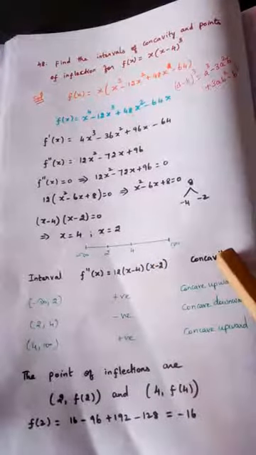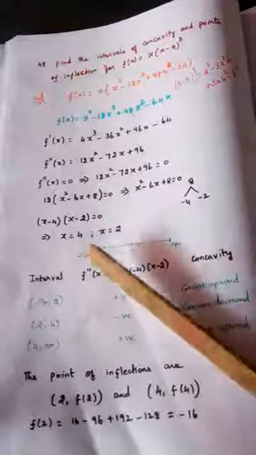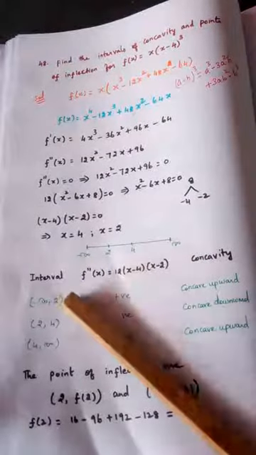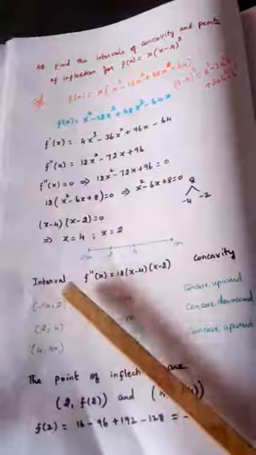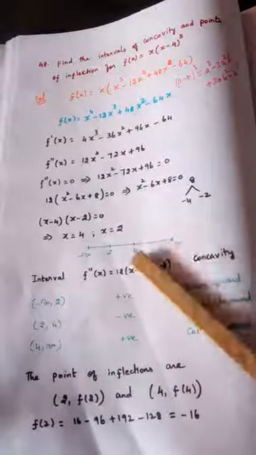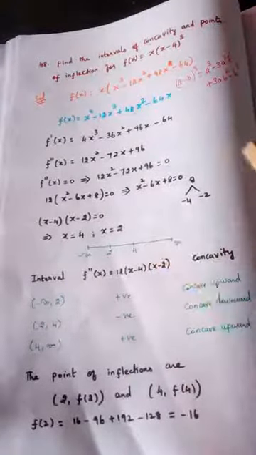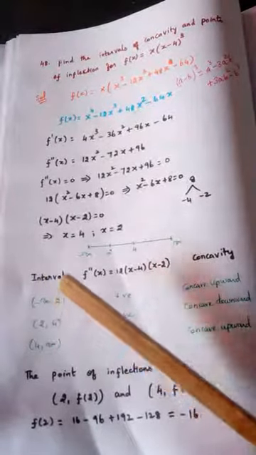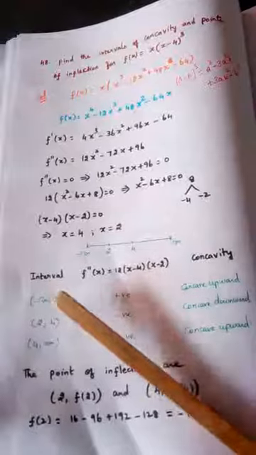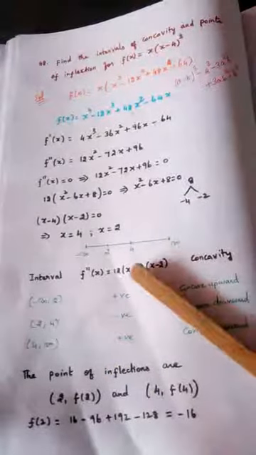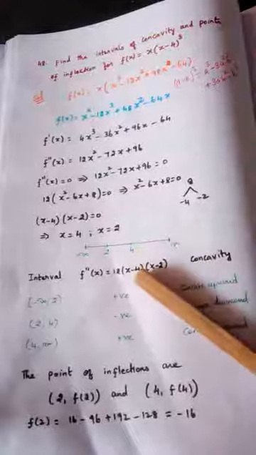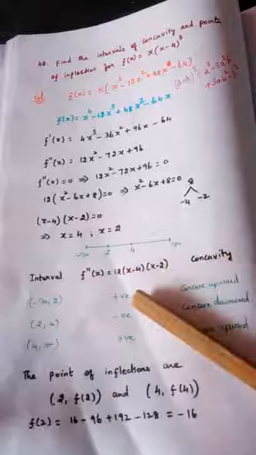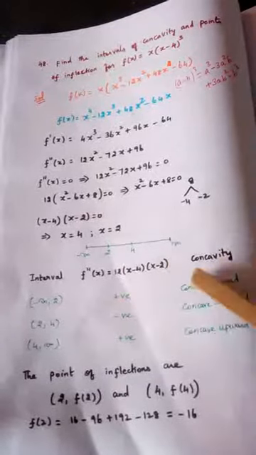Here it is concavity. What we have to do is see the interval, first interval, minus infinity to 2. Take one number from this interval and substitute in place of x and verify the symbol. Suppose for example, definitely 1 will be present in this interval, right? Because before 2, 1 comes. So 1 if you substitute, first bracket is negative, second bracket is also negative. So negative into negative, positive. Positive means concave upward.